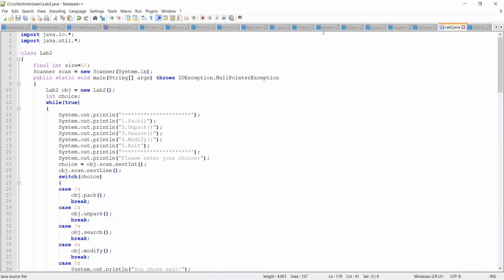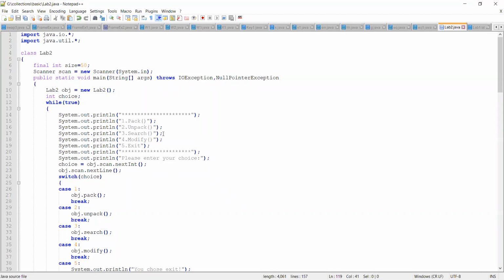Now, coming to the modify function, almost half of the functionality that search does, modify also does. Whenever you are asked to modify a record, say, earlier the data you entered for a particular student was wrong. Maybe there are spelling mistakes in the name of the student, or while entering the semester you entered a wrong semester or a wrong branch. While entering the data for the first time, assume that you made some mistakes. Now the student comes to you and tells that, ma'am, I want to correct my details.